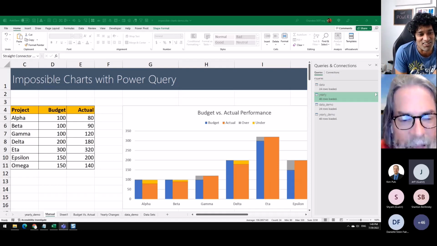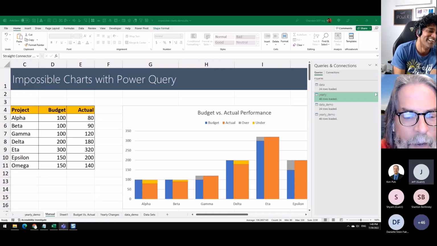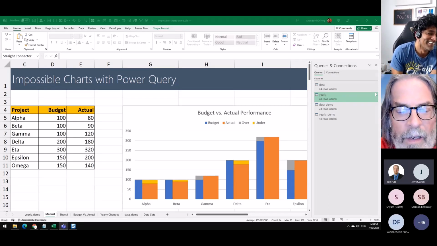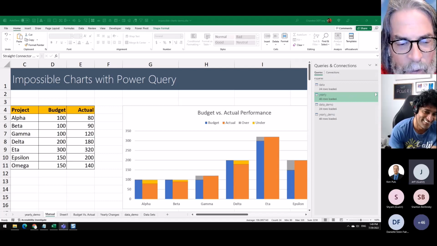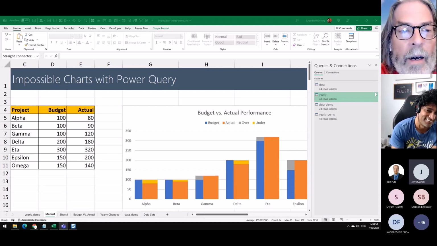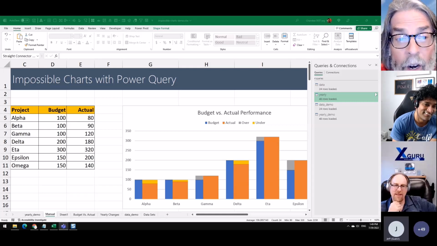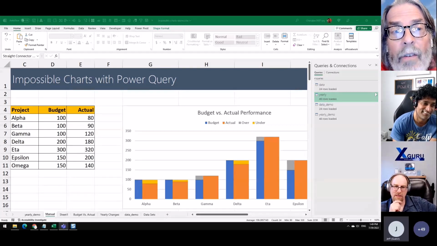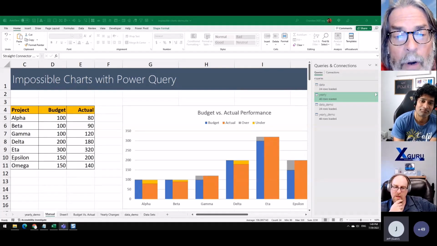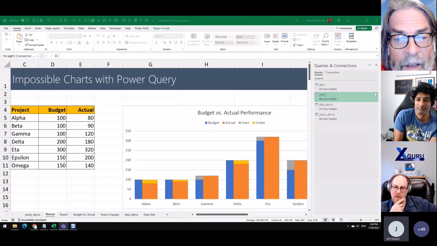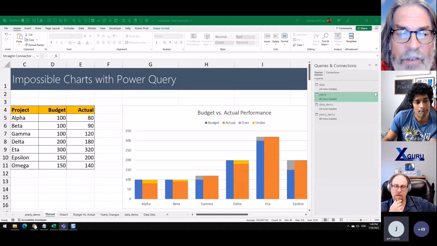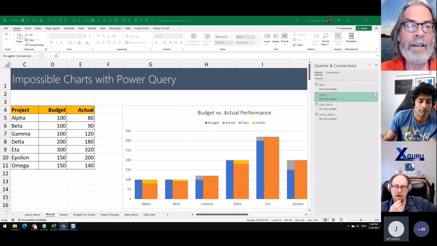This is officially the impossible chart. Oh, coming to Power Query, as Ken will attest to, and these are not impossible charts, they're difficult charts. But using Power Query to prep the data is a dimension that I haven't considered yet.